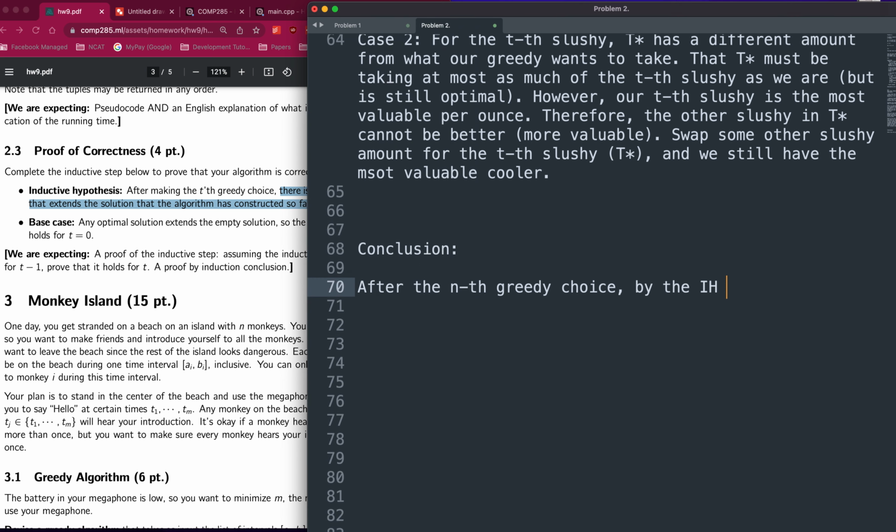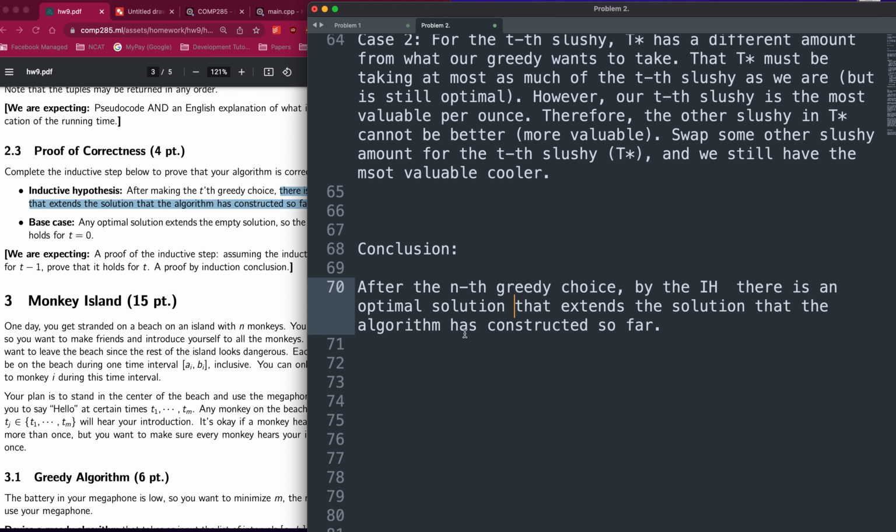By the inductive hypothesis, there is an optimal solution that extends the solution that the algorithm has constructed so far, right? Therefore,